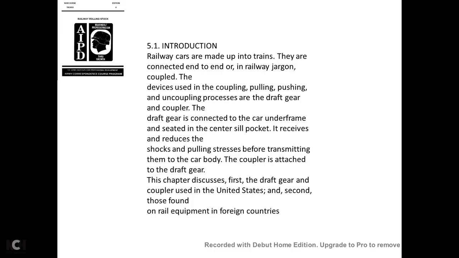Railway cars are made up into trains. They are connected at the end of the rail car and coupled by the device of the coupling, pulling, pushing, and uncoupling process of the draft gear. The draft gear is connected with the car underframe, seated in the car sill pockets, and receives and reduces the shock of the pulling or pushing, transmitting it to the car body. The coupler is attached to the draft gear. The chapter discusses first the draft gear and couplers in use in the United States,